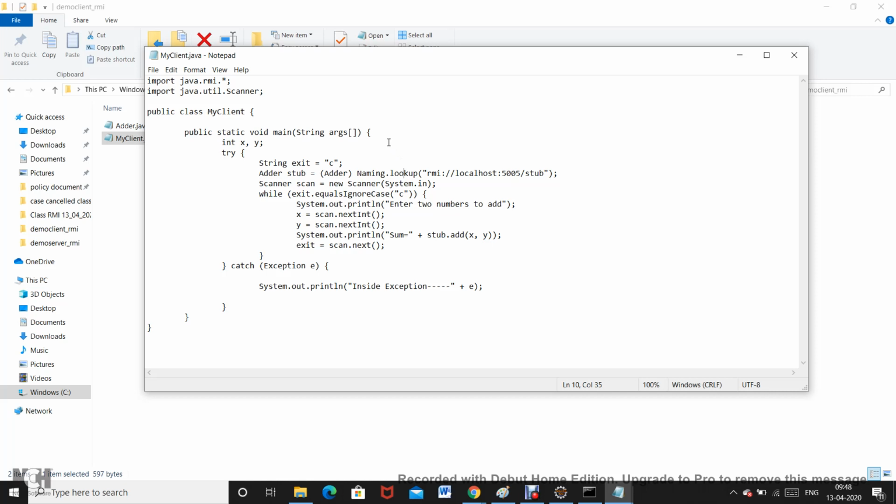I don't need to do something like Naming naming1 is equal to new Naming and then naming1.lookup. I don't need to do that. Simply I will just use the name of the class, Naming.lookup, because lookup is a static method of the Naming class. And then I am going to pass a name which somehow looks like a